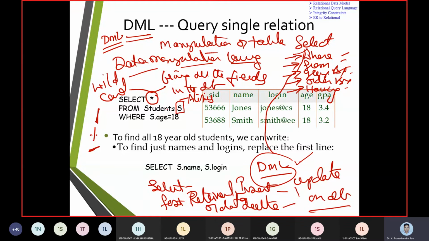In an ER diagram, if the entity set is student, then the entity is S. In an object-oriented model like Java or Python, if student is the class name, S is the object name. Now, in a database management system, if student is a table, S is called an alias. So instead of directly writing the table, we build an alias, and thereby work with the data.